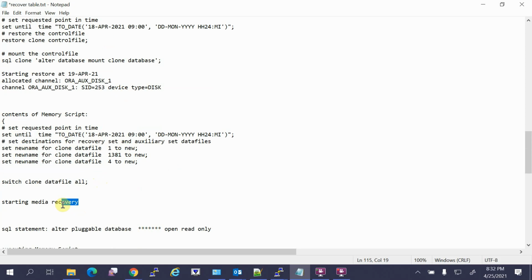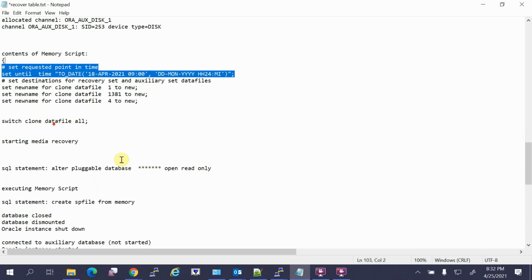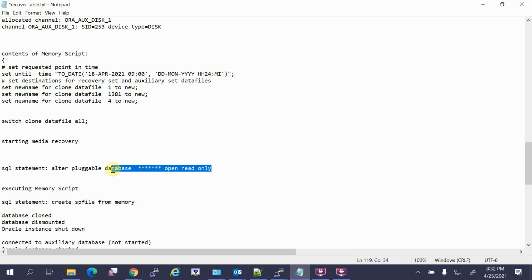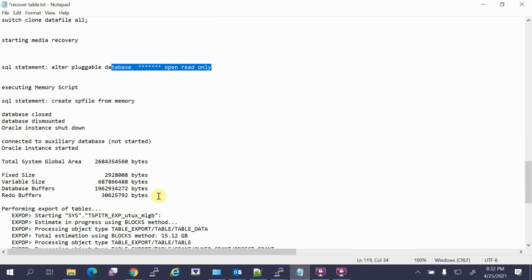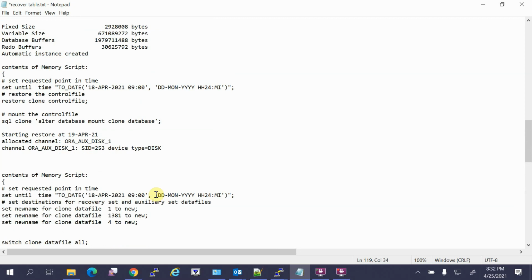Then it starts the media recovery, applying all the archive log files till this time, then opens the database in read-only mode, bounces the database for some reason, and brings up the database. Okay, so restoration and recovery are completed, database is up.